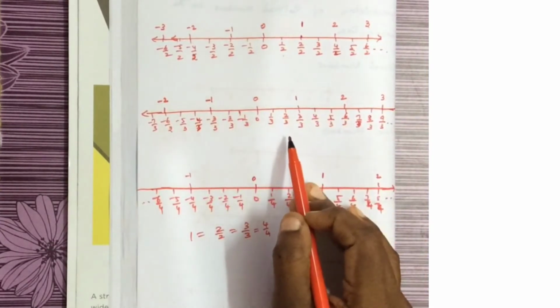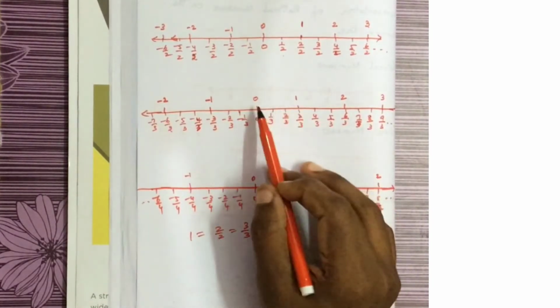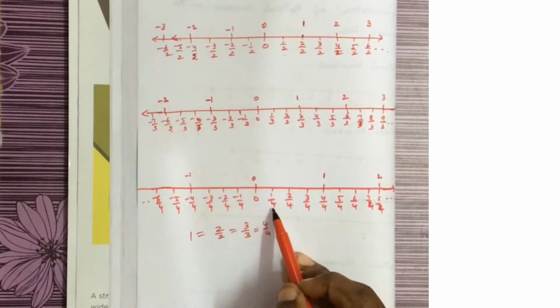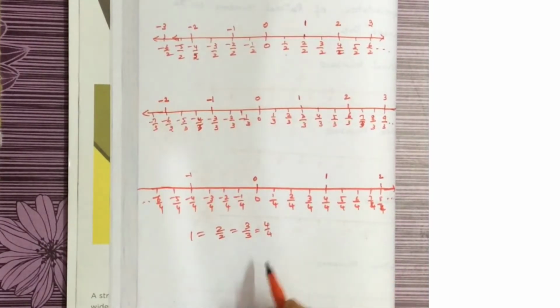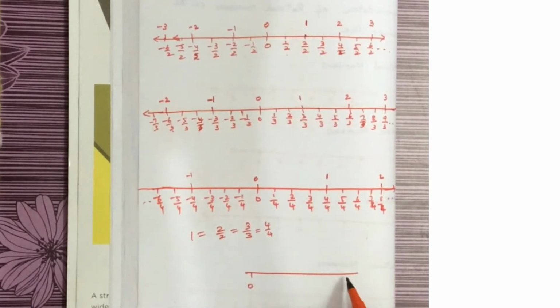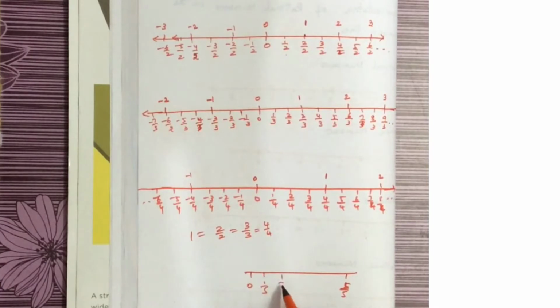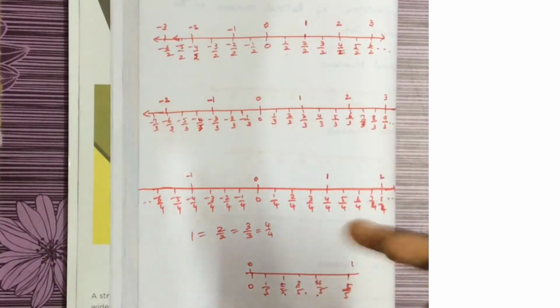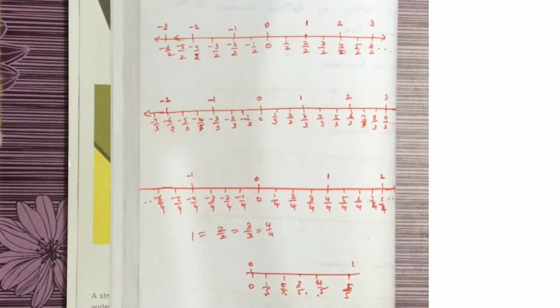If you see this number line, if the question is how many numbers exist between 0 and 1, you may have thought 1 by 3 and 2 by 3. From this, it goes like 1 by 4, 2 by 4 and 3 by 4. If I plot with 0 and 1 by 5, this is 1 by 5, 2 by 5, 3 by 5 and 4 by 5. Here you can see between 0 and 1 how many numbers exist? 1, 2, 3, 4. So for each number line it's changing according to the number in the denominator.